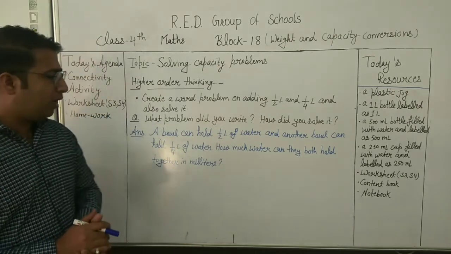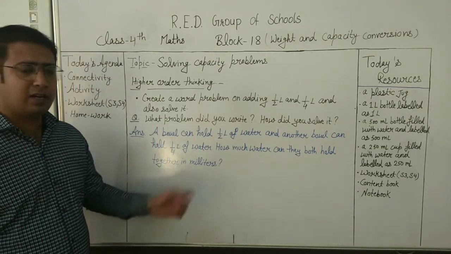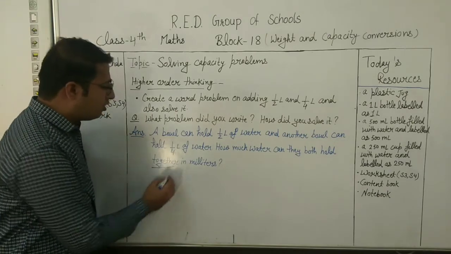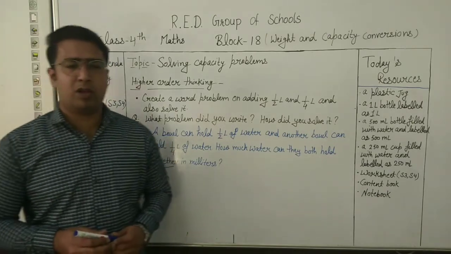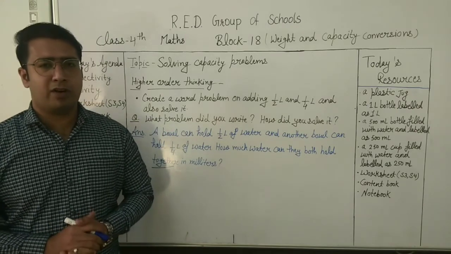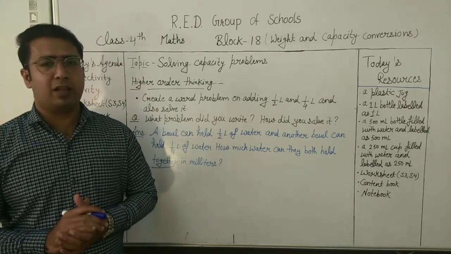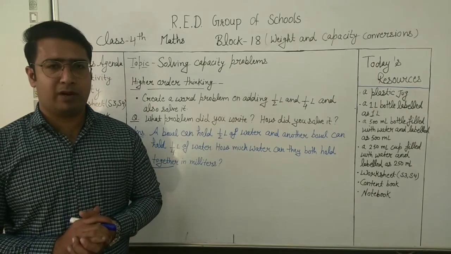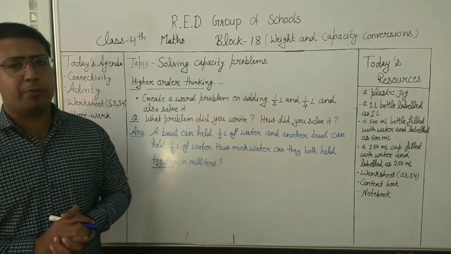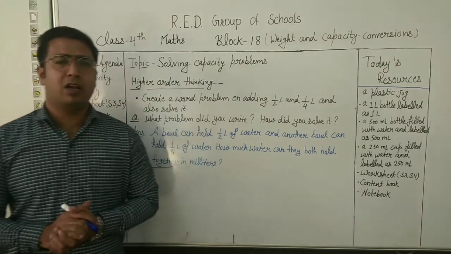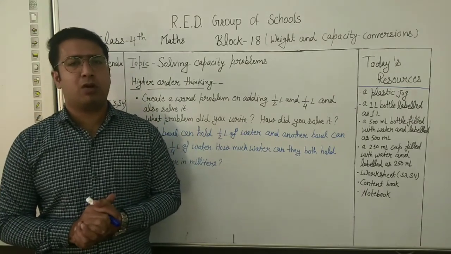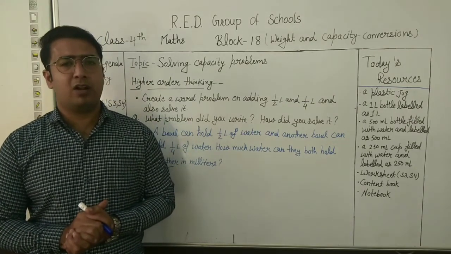Okay. Now at last we have to find the amount together in milliliters. So together is a keyword here which is telling us we have to add them. So the first was 500 milliliter and the second one is 250 milliliter. So when we add them we will get 750 milliliter. Okay. Now I hope it is clear to all and we have done both our lessons. So now it is time for moving to the classwork and homework.